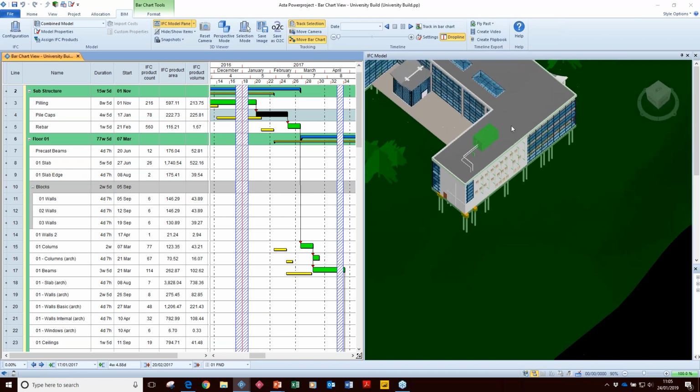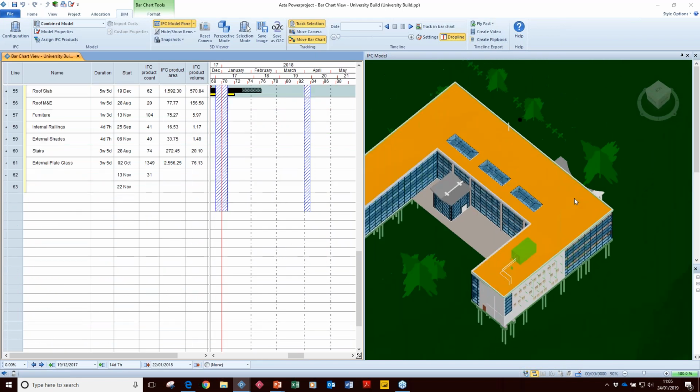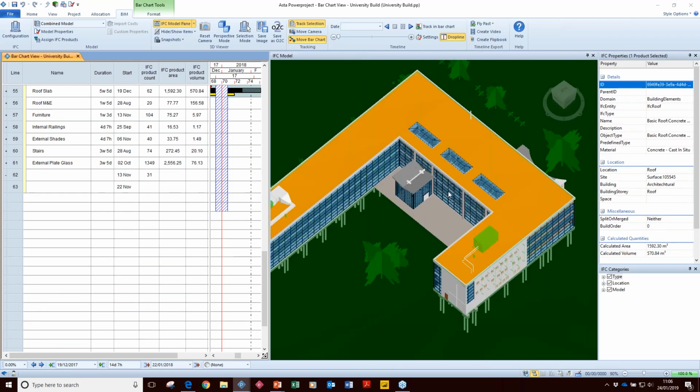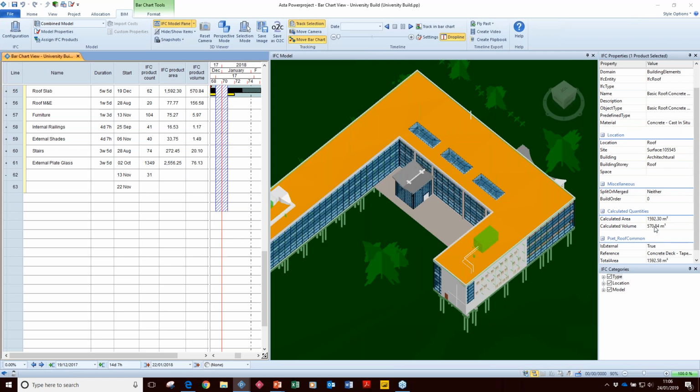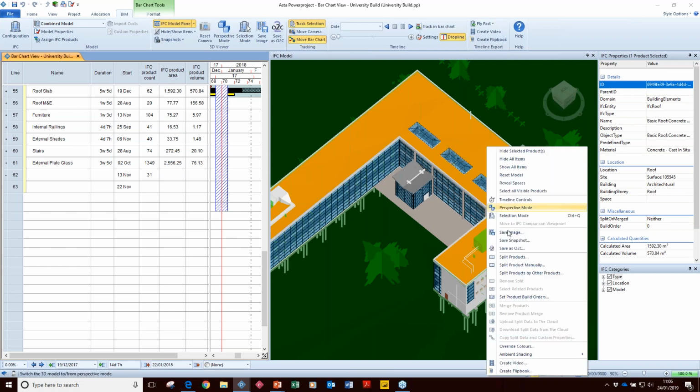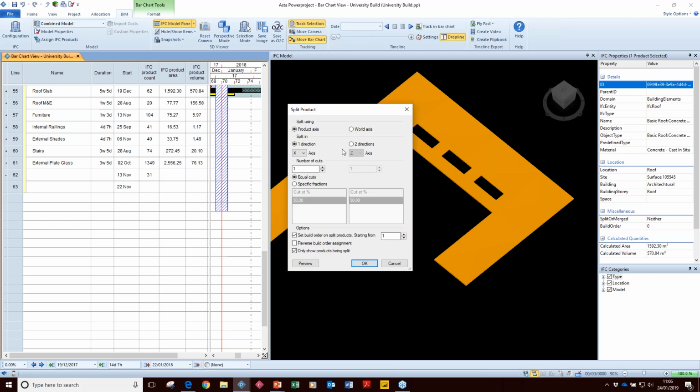So yesterday we talked about splitting. If I take the example of this roof here, on the model properties pane, that's over on the left-hand side here, Powerproject calculates the area and volume of that roof slab. So as I click on it, you'll see this 1,500 meters of area. If I go through and split that product up and I make it into that checkerboard pattern that we used yesterday,